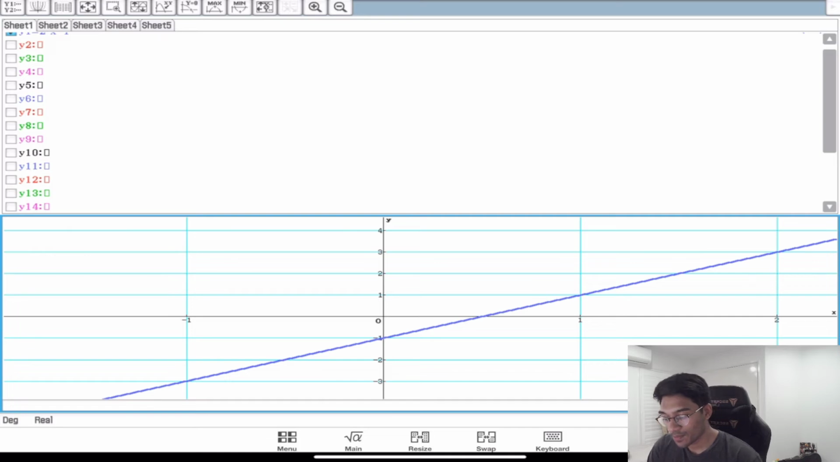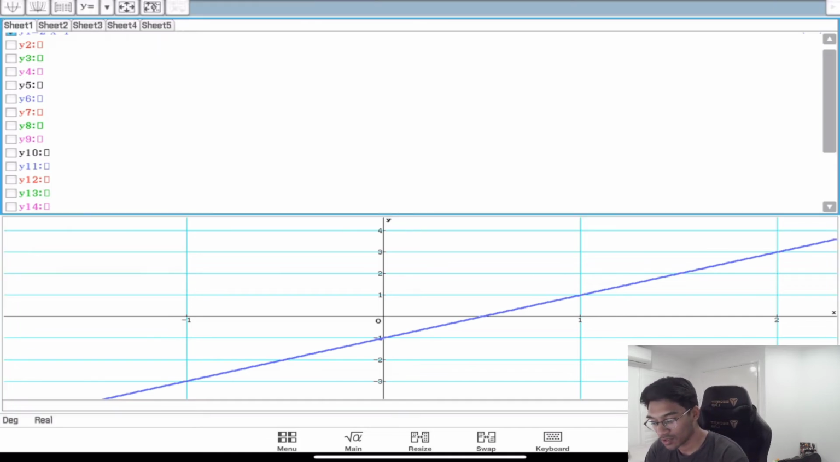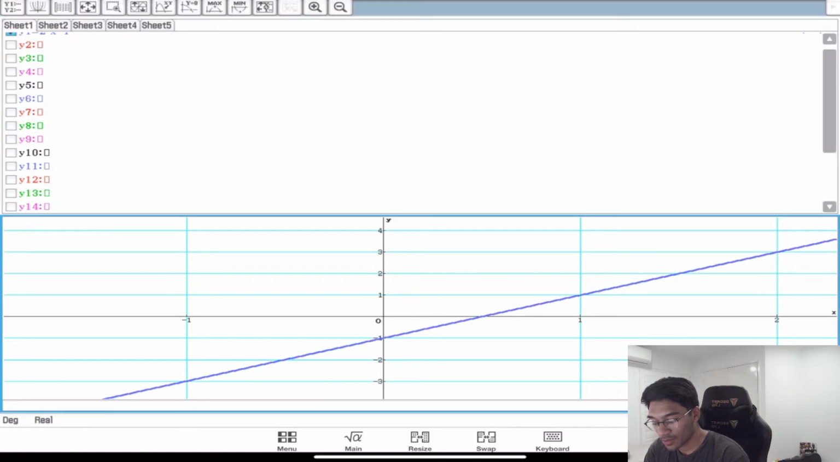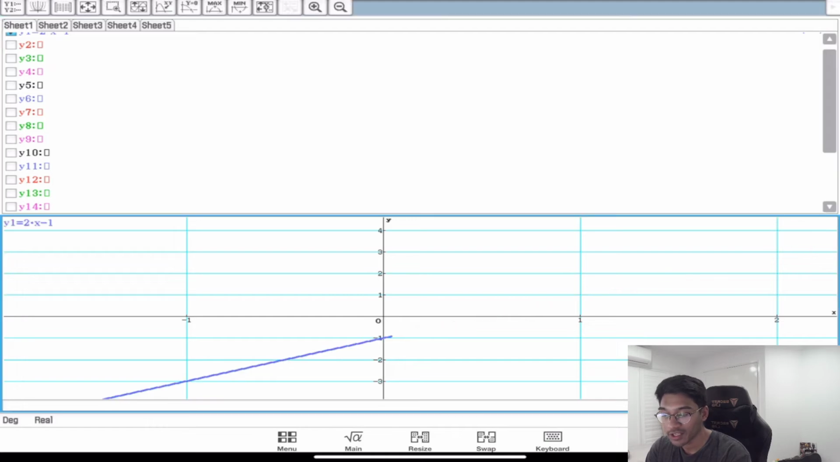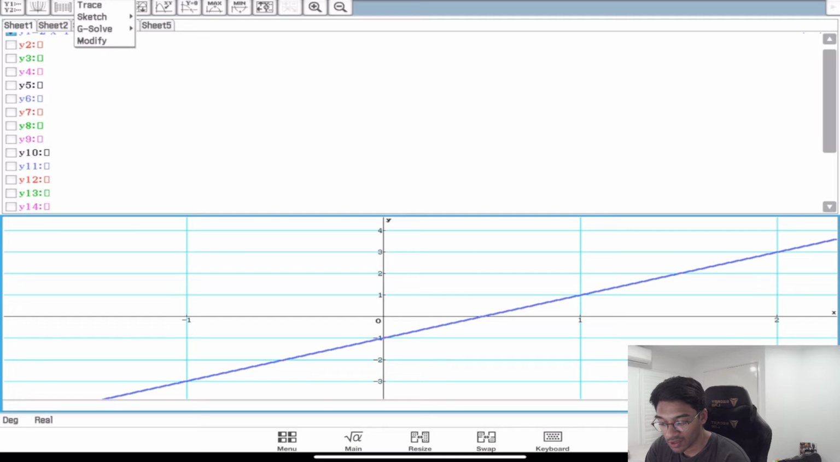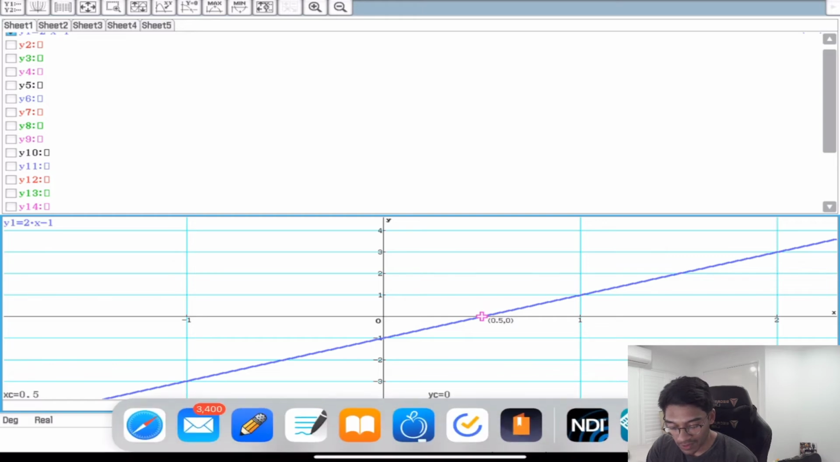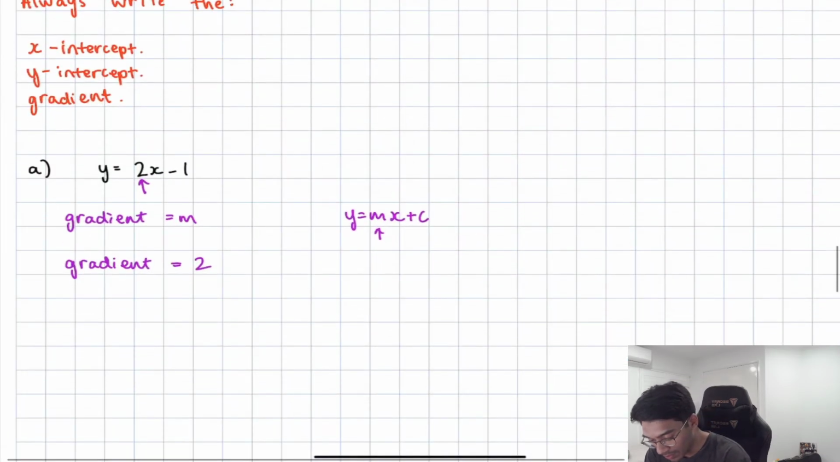The way I do this is if you look at the top, next to zoom, there's analysis. Oh, I don't know where that went. If you ever click off and this doesn't come up, you just got to press that graph button again. So click on analysis, click on G-solve. Now if you click on root, you can see in the bottom, it tells me x equal to 0.5. So x is equal to 0.5 when y is equal to 0. And that point there, I'm going to put it in red here,